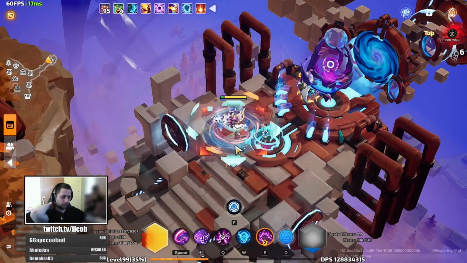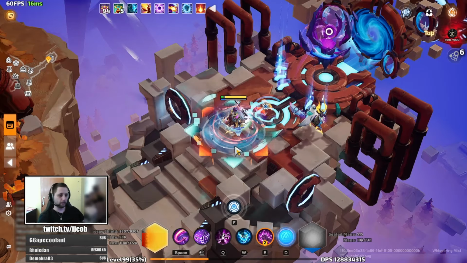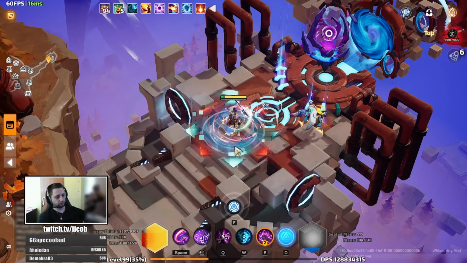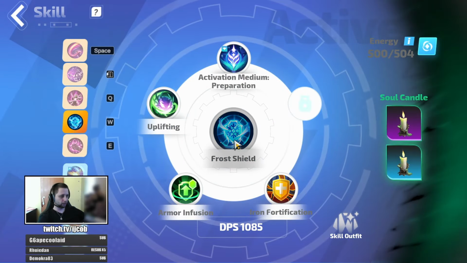So if you are farming 8.4 maps, I would suggest you go 1 tier lower. So if you're farming 8.3, go 8.2 just to be extra safe and just to be sure that you really don't die. And slot in a defensive skill, like Frost Shield. You can use